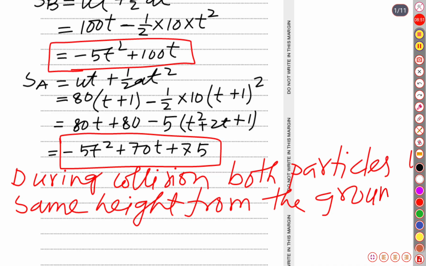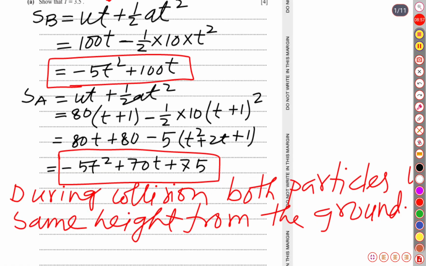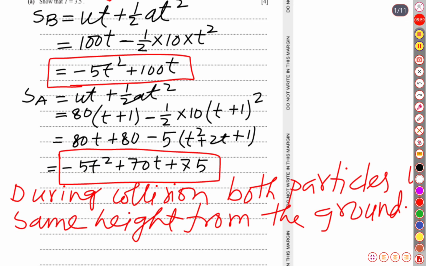That means the displacement covered by particle B as well as displacement covered by particle A